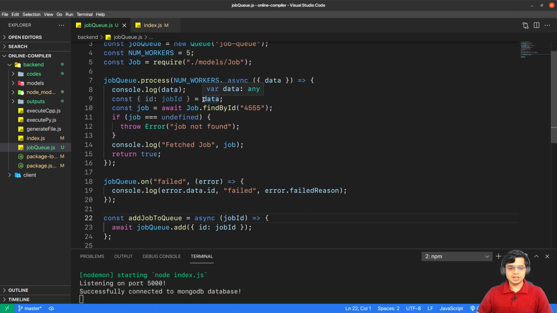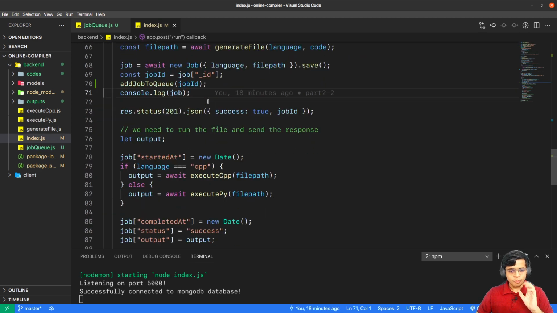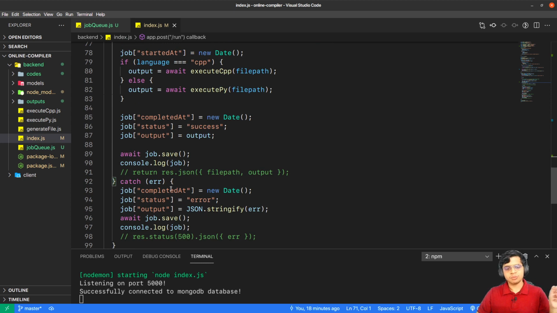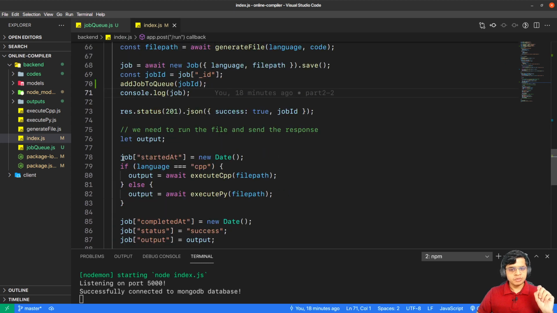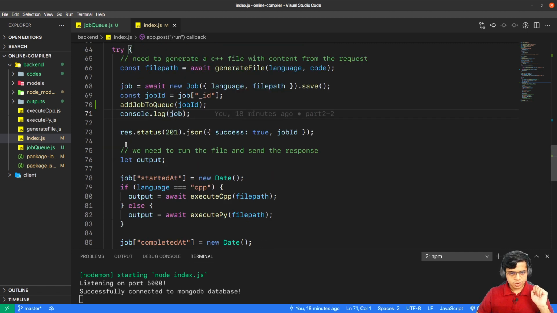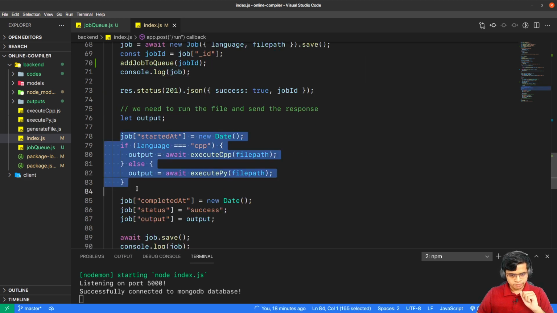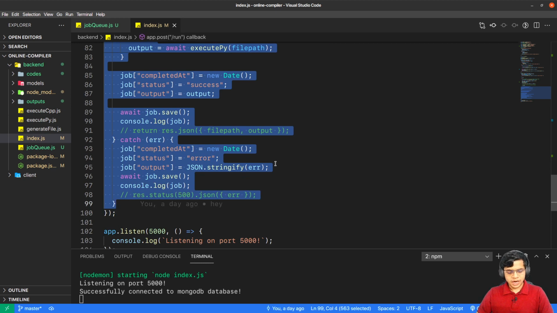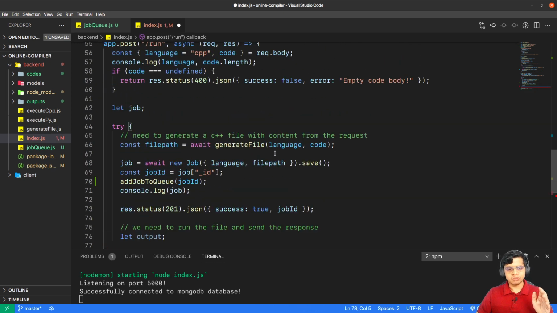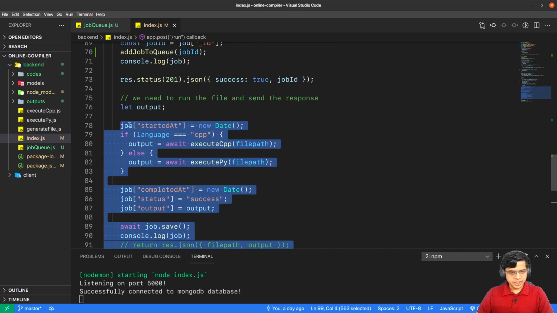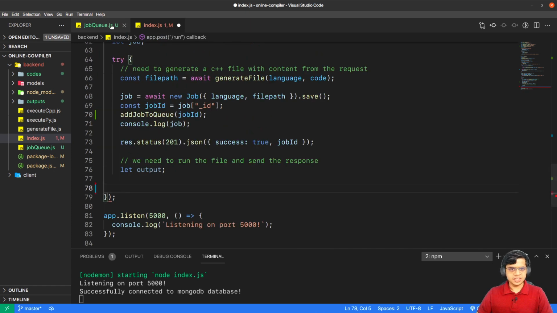This is going to be a little bit of a complicated process, so just stay with me while I guide you through it. So what we have to do is migrate all this code into that process function. And what code do we need? We need it from here. So once we send the job to the queue and then we send the response to the front end, now I have to just copy all of this, and all this will not be the responsibility of app.get, it will be the responsibility of job queue. So what did we copy? I copied it from job started at until the end.